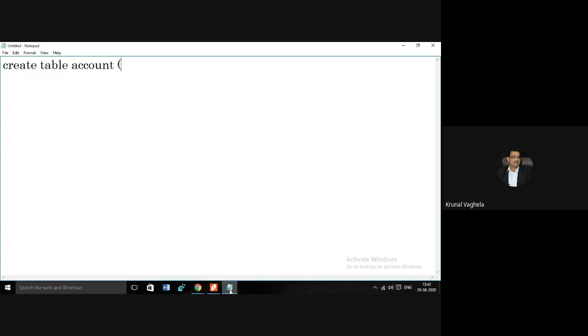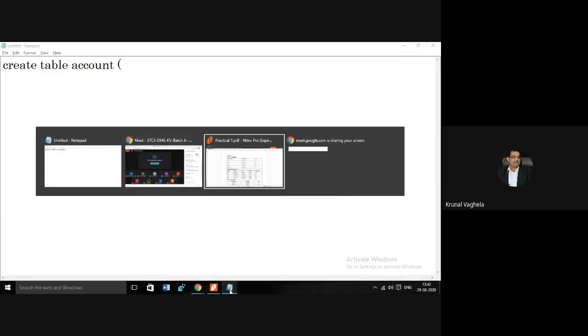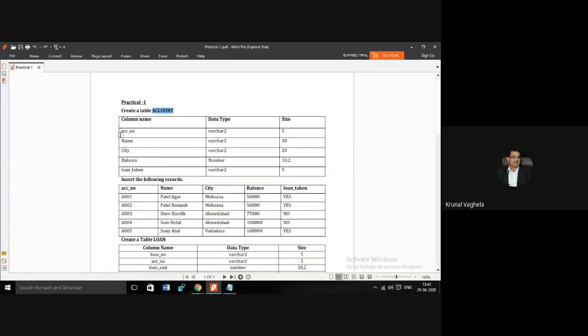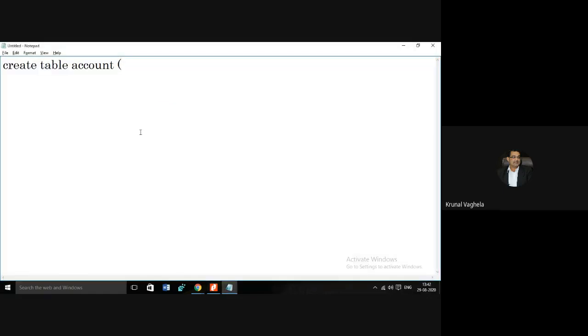Then one by one, you need to write column name, data type, and size. So the first column name is account underscore number, that means account number. Then you need to write the data type, which is varchar2, and size is 5, comma, space.